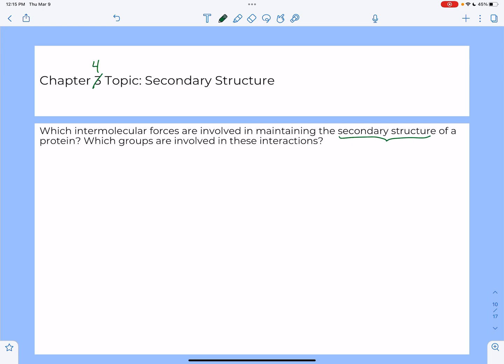So remember that secondary structure is solely related to hydrogen bonds. So the hydrogen bonds are our intermolecular force that's involved, okay,